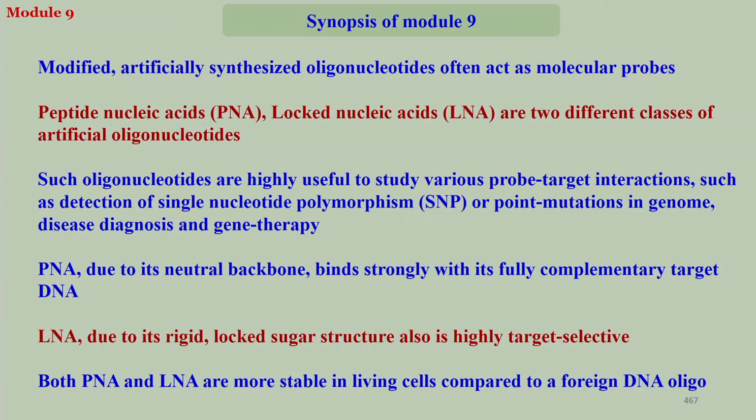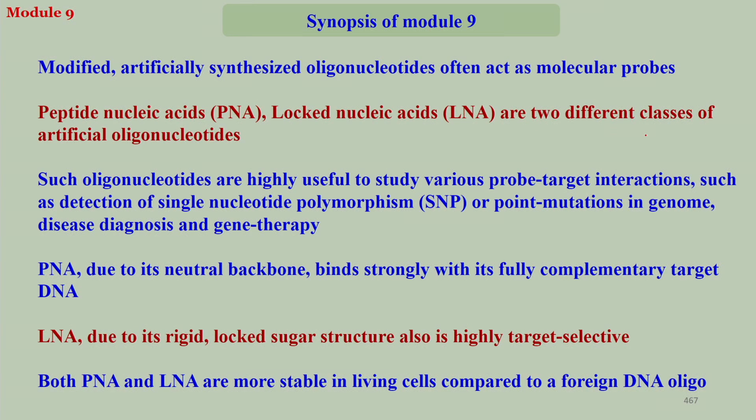So, that is where especially PNA, the peptide nucleic acids, and the locked nucleic acids I have talked about here, because these are the kinds of modifications that can survive in living cells much longer. So, these are two different classes of artificial oligonucleotides that can be synthesized. These oligonucleotides are highly useful to study various probe target interactions. This is the probe. Target can be anything, target can be protein, target can be DNA, as I had shown